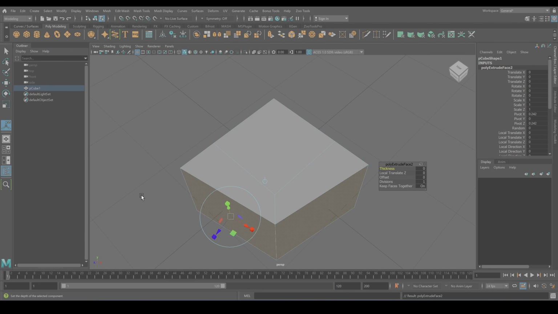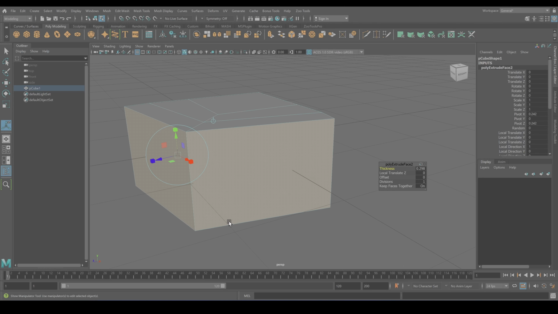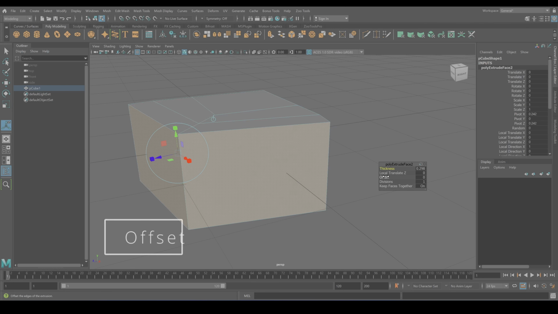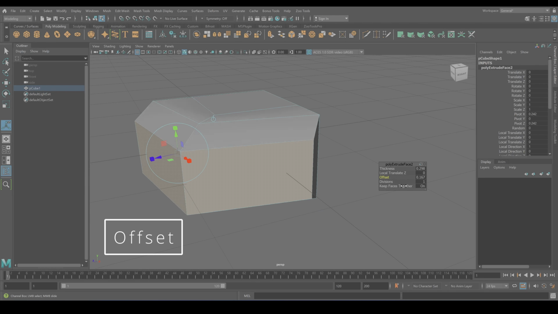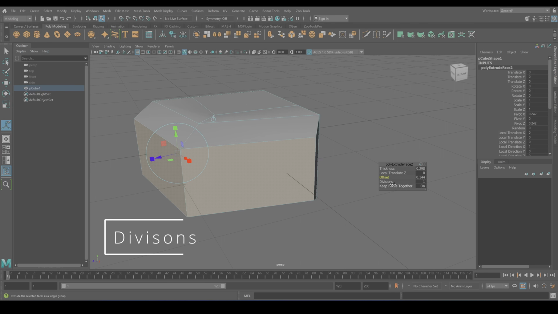So let's continue with the offset. The offset changes the size of the extruded face relative to the original. Divisions add subdivision to your extrusion, making it more detailed.